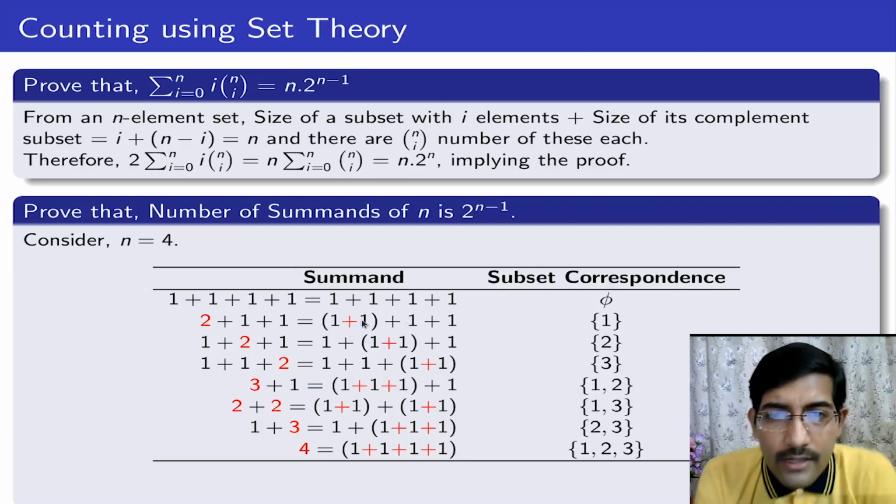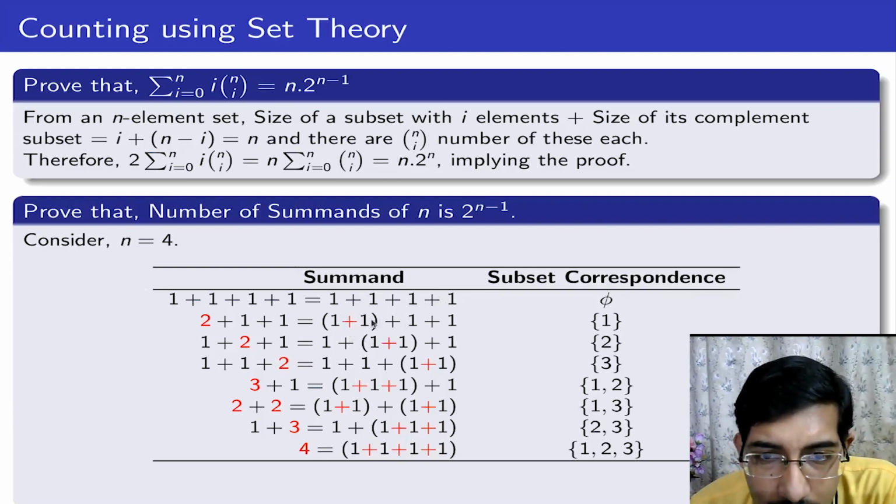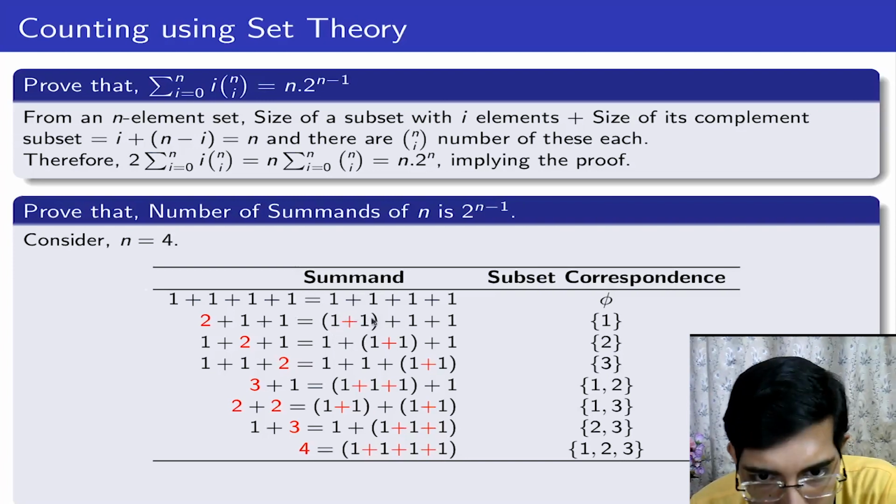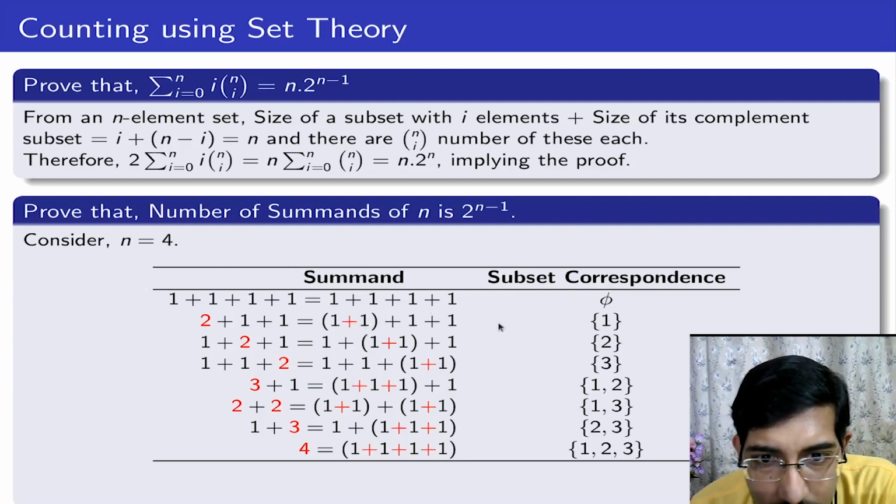Now let us see that if I add some set of pluses together, I correspond it to which plus I am adding to get this number. So when I am adding nothing, all 4 ones are intact, I am not adding any of the pluses, so this is a null set. When I am adding the first one but leaving aside the rest, my set says add 1. This says add 2, that is, add the second plus together to form this number. This says add the third plus.